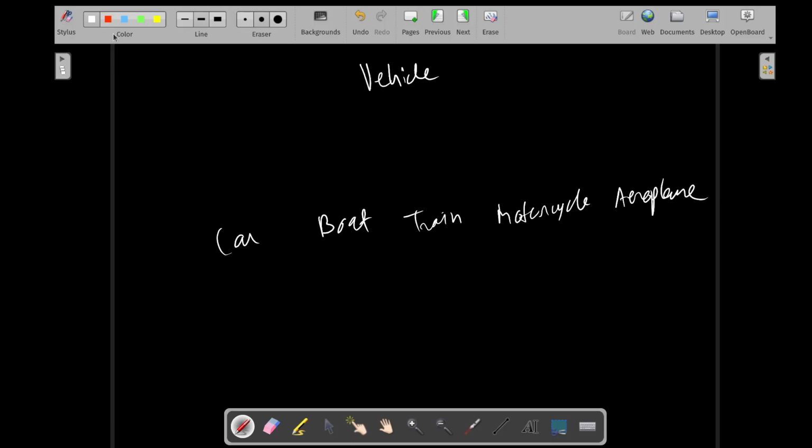So if I ask you, can you create a car? You would say, yes, I can create a car. Can you create a boat? Yes. Can you create a train? Yes. Motorcycle? Yes. Aeroplane? You can create an aeroplane. But if I say, can you create a vehicle? No, you can't. Why? Because